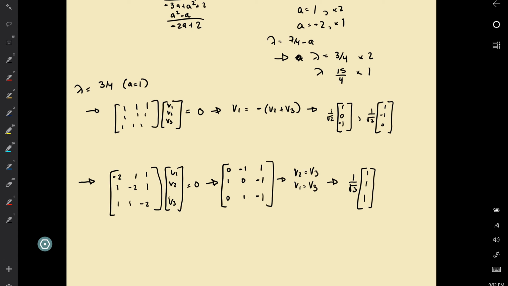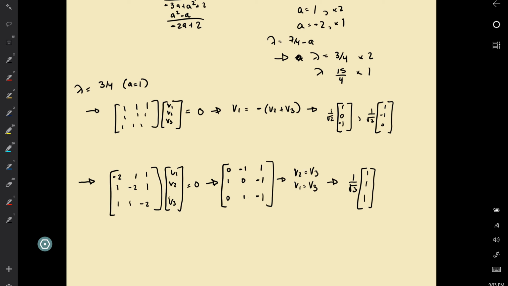The first one, you just get the one equation. It's just v1 has to equal negative v2 plus v3. And of course, you've got an infinite amount of solutions to this. The easiest thing to do is just to set, say, v2 equals 0, and then you get one eigenvector. Also by normalizing, you get the constant in front. And then you can set v3 equals 0, and you get the other eigenvector. Of course, you don't have to do that. You can choose any orthogonal combination that works, but this is the easiest way to do it. I'm trying to think, I don't think orthogonal is the best word there. But anyways,